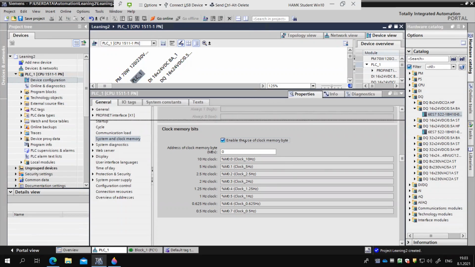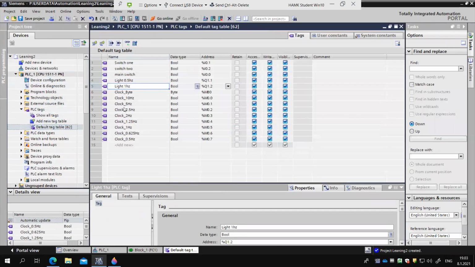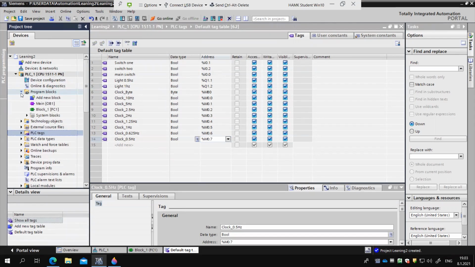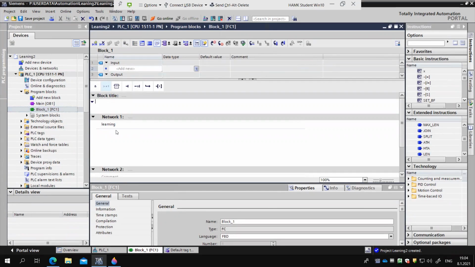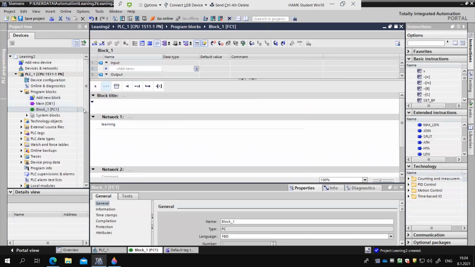All right, so now that we have that enabled, we can go back to our tag table, and as you can see over here, these are all over here. And notice that they are all given, not with Q, not with I, but memory with M. And let's start using them. So in order to make your first program, you will need to go to program blocks, and then we will go to our block 1. So over here we have multiple networks. We have 2 networks, and we could have more if you wish, but 2 is enough for now. So let's start